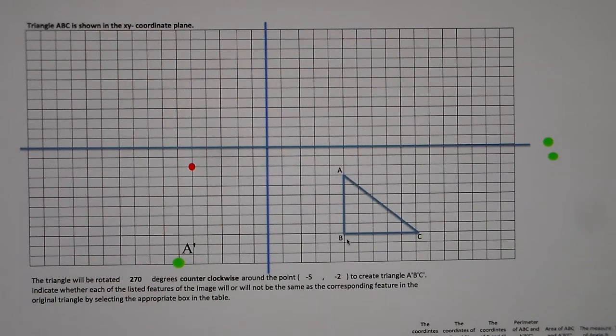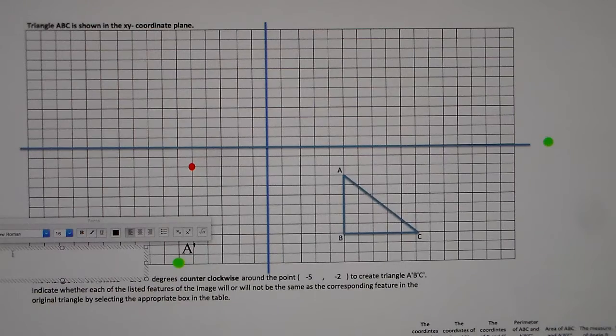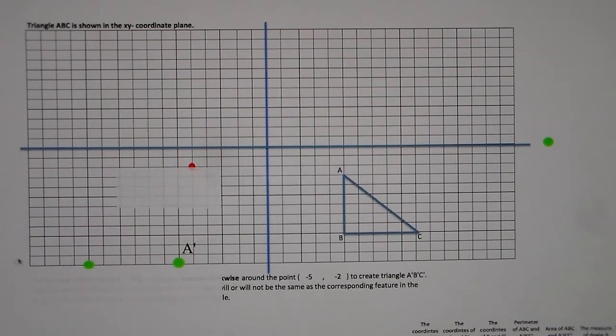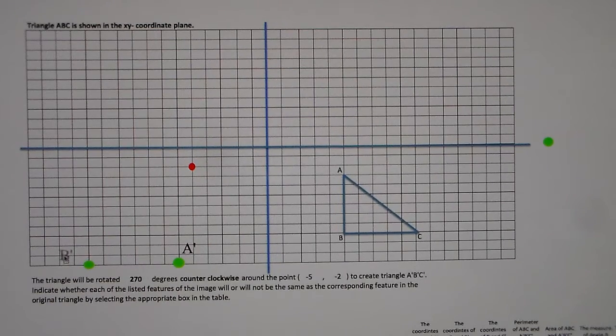Now, B is 1, 2, 3, 4, 5, 6 south in our original, so we go 6 west from A prime to find our B prime. 1, 2, 3, 4, 5, 6. There's our B prime. Now it seems to me like our picture is going to go off the graph here. And that it will. Because